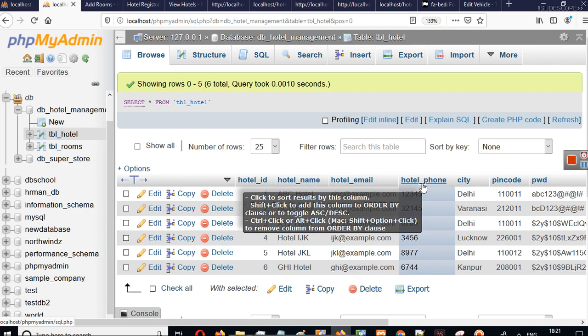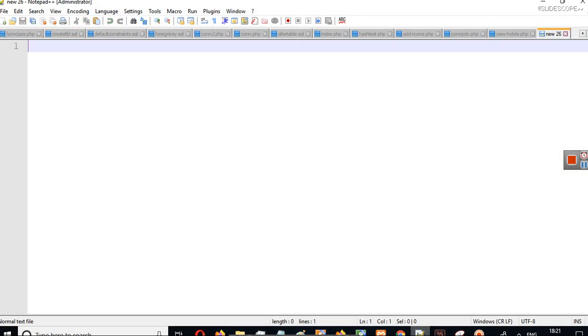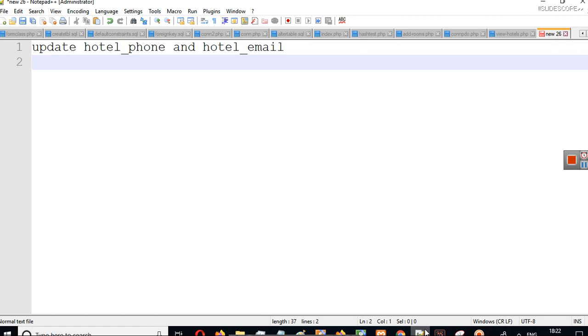So first write down your task. This is an empty Notepad++. We have to update hotel phone and hotel email, right? So this is our task.